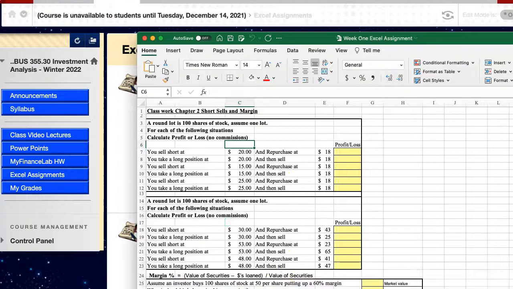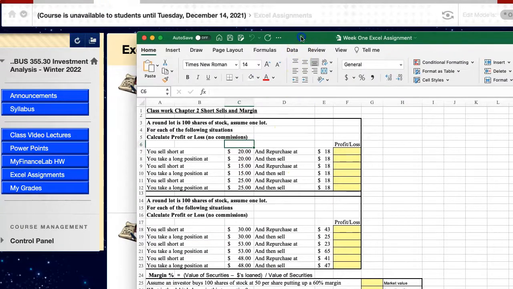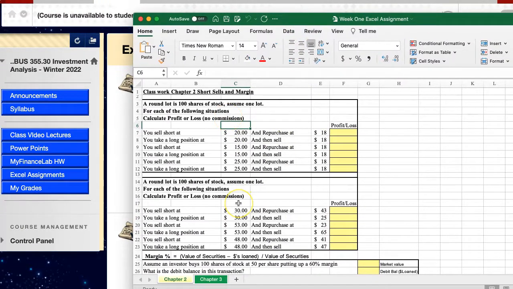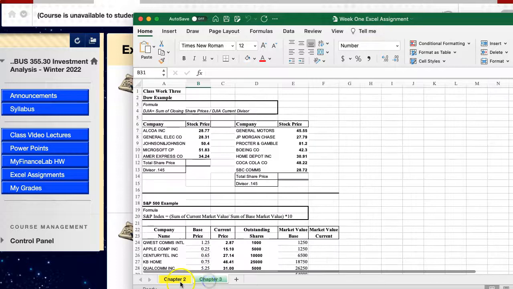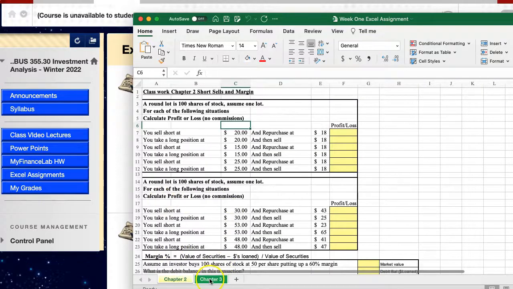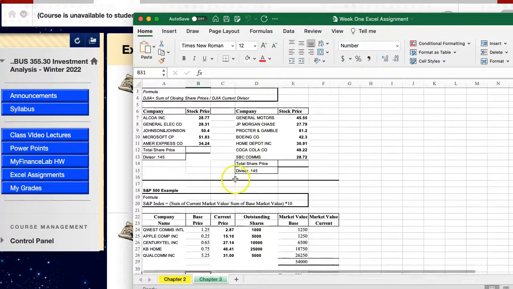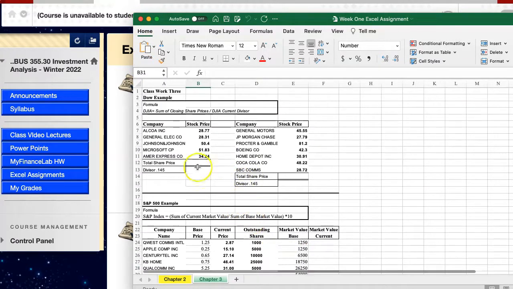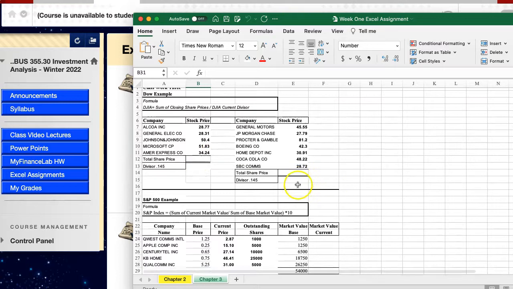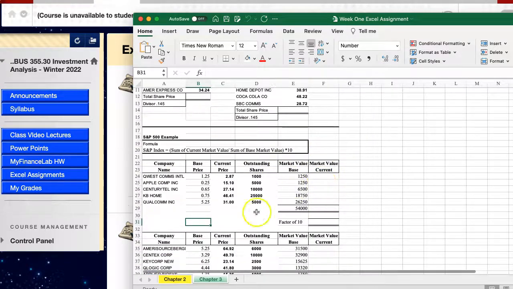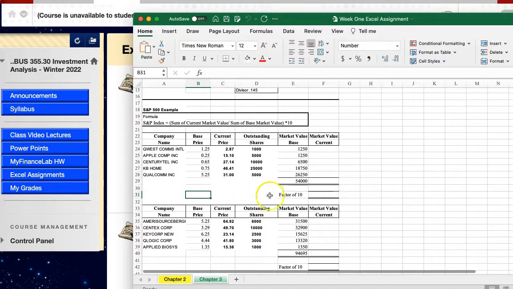Now, it may not be obvious immediately how to complete these assignments. That's why you need to watch the videos. And most assignments will have multiple worksheets in the workbook. So it's not just one worksheet. There could be 2 or 3 worksheets you need to complete. And again, this has to be completed using Excel formulas. Now, just don't type in the answers you see in the video. You must use the Excel formulas that I show you in the video and recreate the Excel formulas to complete